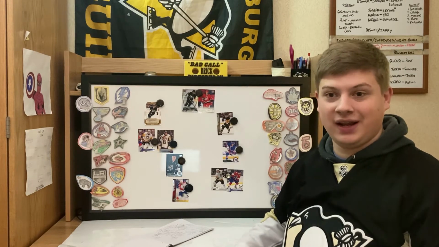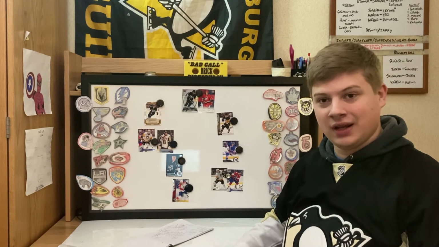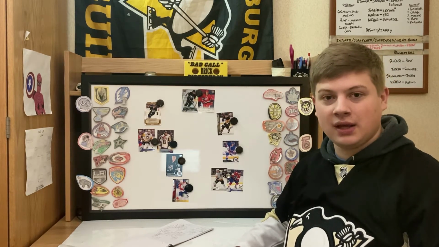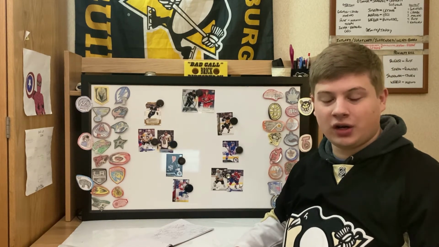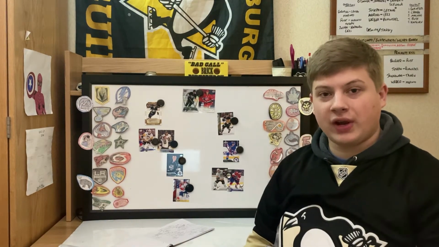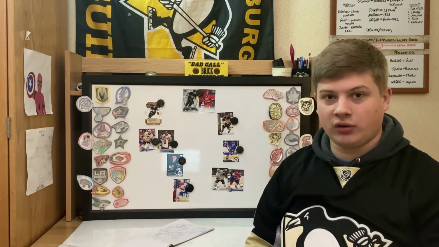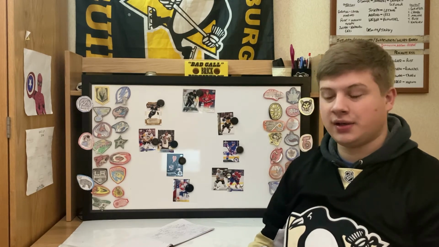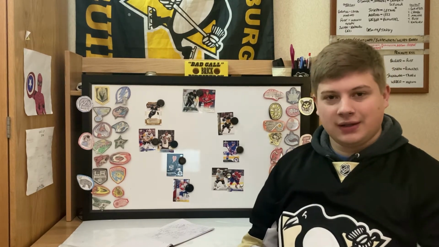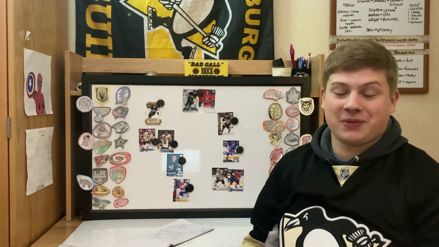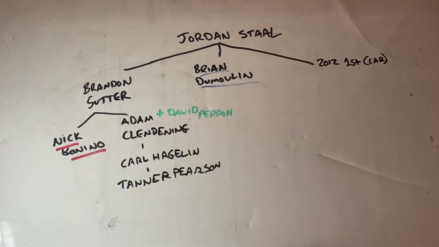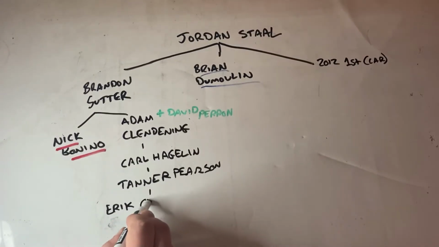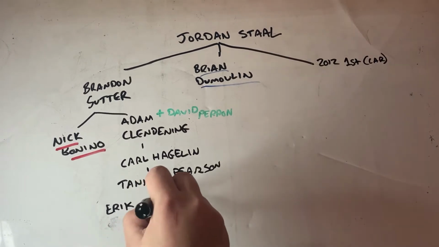Tanner Pearson only played about half a season with the Penguins, and while he looked good in some stretches, he never was the player that the Penguins really wanted him to be, and the player that Los Angeles had back in their Cup runs. He had 14 points in 44 regular season games for the Penguins. Again, nothing terrible, but still the price that you pay with a legacy player in Carl Hagelin to get a guy like Pearson. And also the Penguins did not give him that much time because they traded him on February 25th of 2019. They also made another 1-for-1 trade here, and they traded him 1-for-1 for Erik Gudbranson, and this